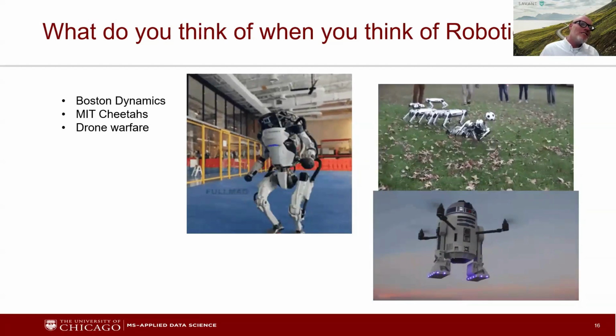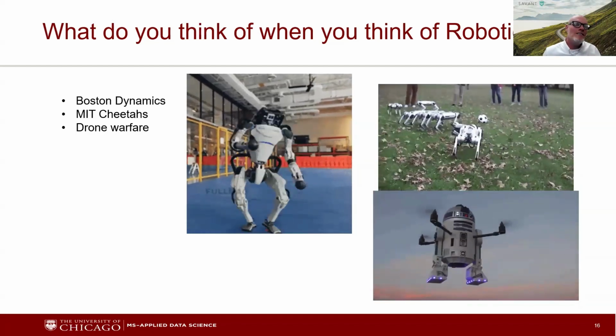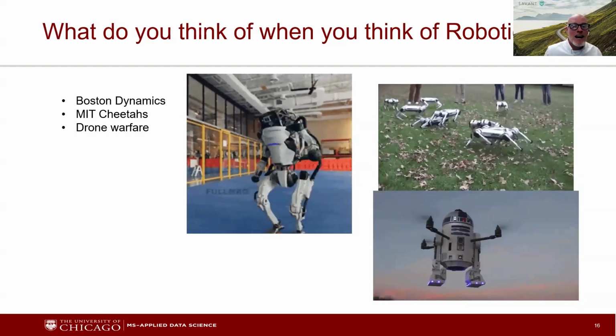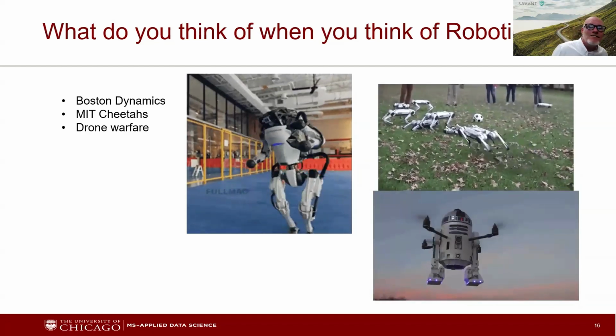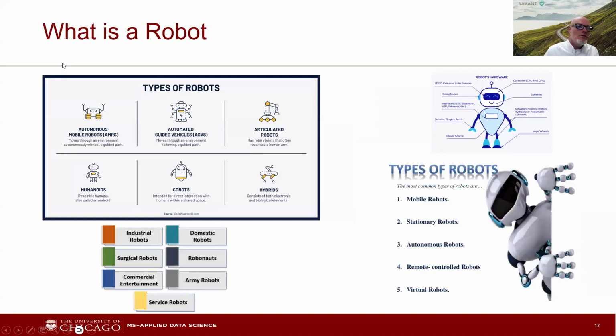Let me ask you this: is a chatbot a robot? Is software a robot? It's a bot. Yeah, I'm with you, Christian. Definitely. So, lots of robots out there, lots of definitions for what a robot is. There's autonomous mobile robots, often called AMRs, automated guided vehicles, lots of acronyms in this field. Articulated robots, an arm grabbing things, humanoids, things that look like that. Cobots.